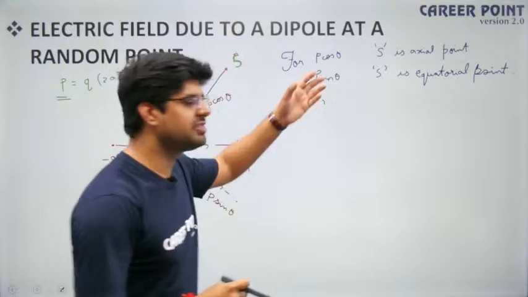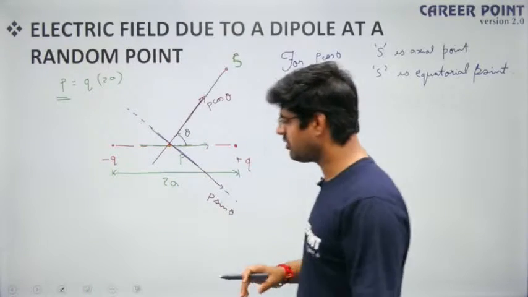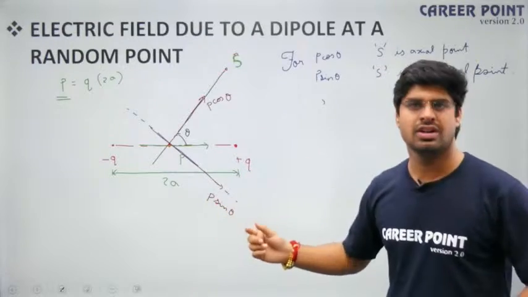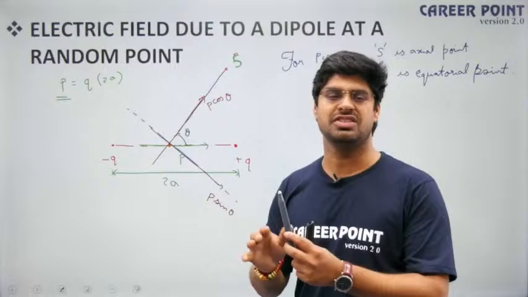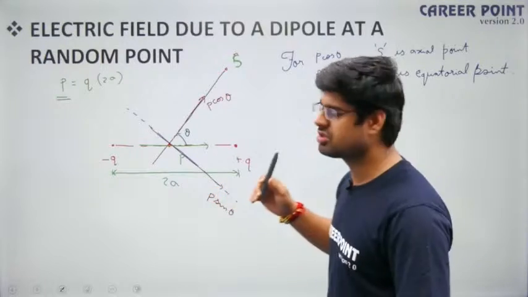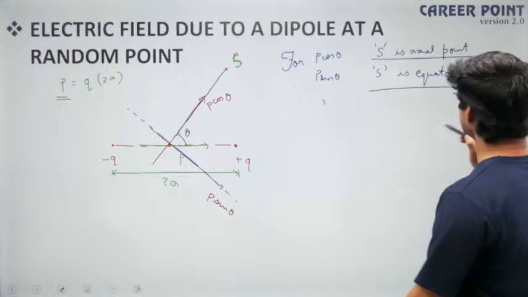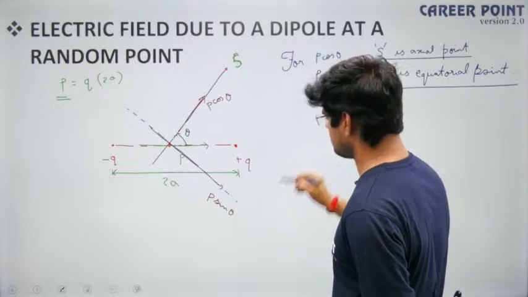So for both of them we already remember the formula. Do you agree or not? We already remember the formula for dipole moment in case of a point present at axial position, and also we remember the formula in case the point is present on equatorial position. So what we can say, S is equatorial point, S is axial point. What we can say here is